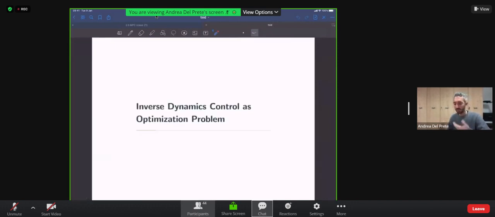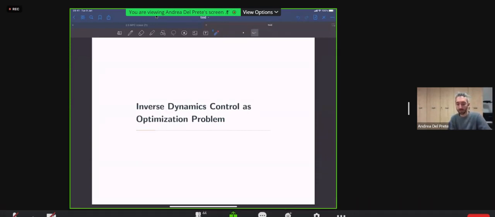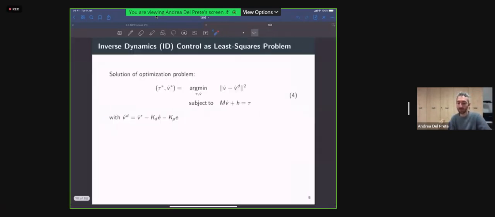But what has regained attention in more recent years is that you can cast this control problem as an optimization problem. The optimization problem looks like this. We want to minimize with respect to these two variables, tau and v dot, which are the joint torques and accelerations, this cost function here, where you minimize the difference between v dot and v dot desired, where v dot desired is computed as before, subject to the dynamics of the system as constraints.